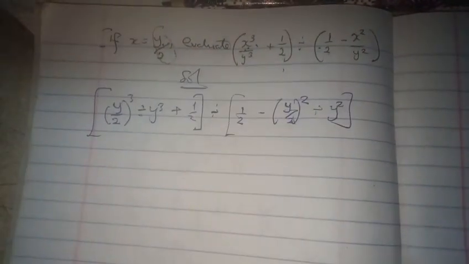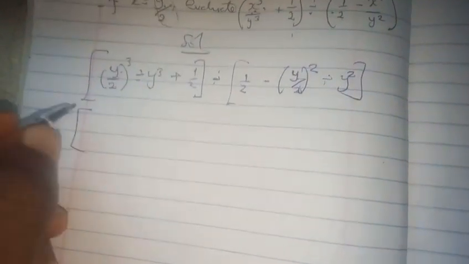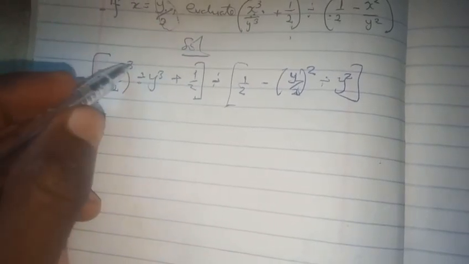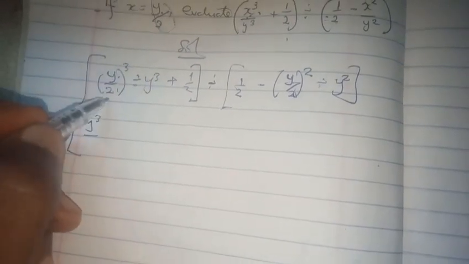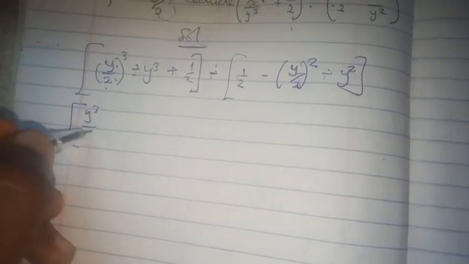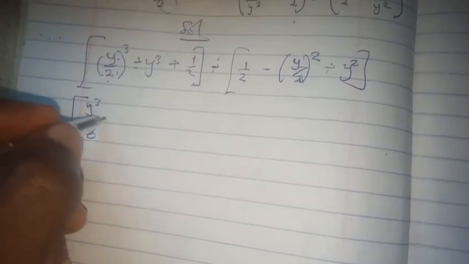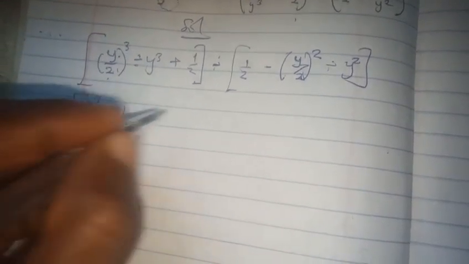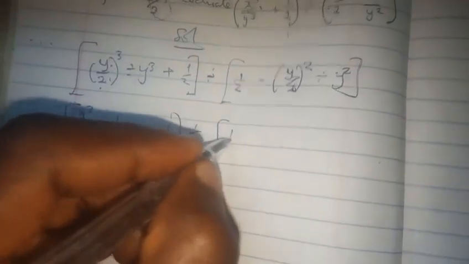So the next thing to do is to open this bracket. In this case we are going to have y cubed over 2 cubed. This bracket signifies that the 3 is for both of them. So 2 raised to power 3 is 2 times 2 times 2, which is 8. So divided by, change the division sign to multiplication, we have 1 over y cubed plus 1 over 2. I'm going to do the same thing, divided by 1 over 2